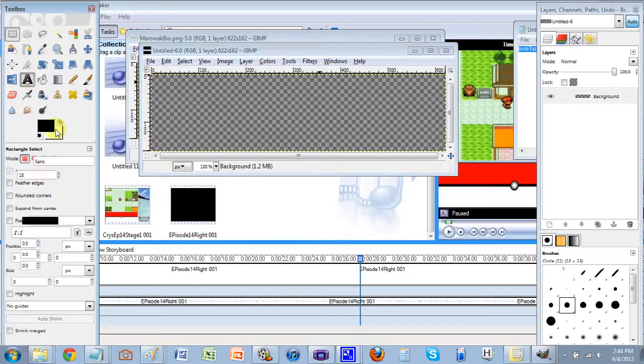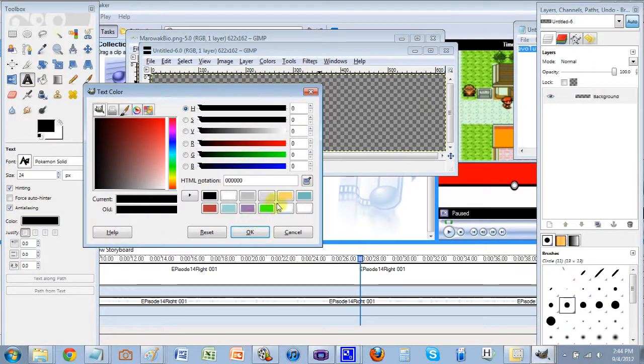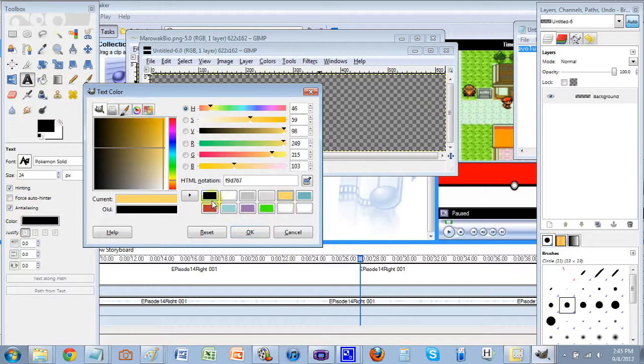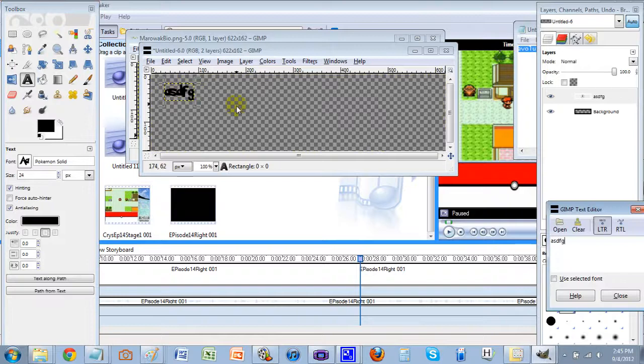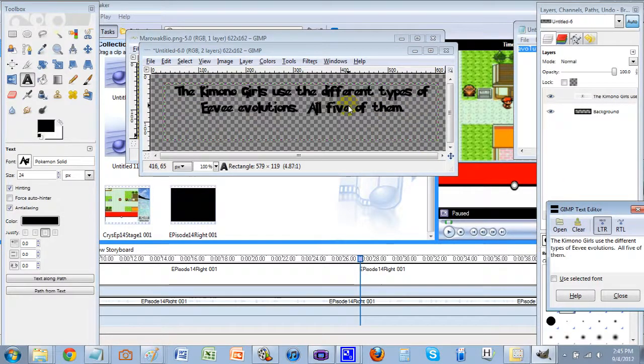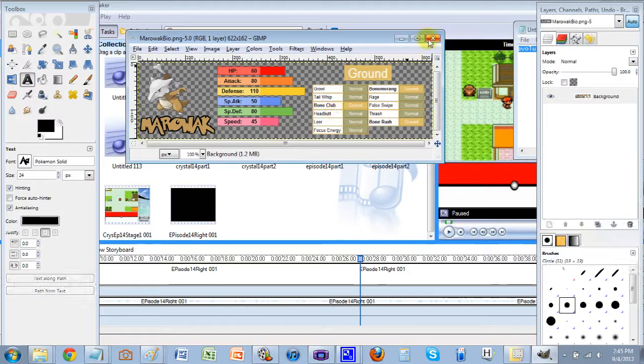And from here we're going to go to text. We're going to choose our font, which is Pokemon Solid, get it on the right size. The color, well, I have it all a certain color, but I can't find it, so we're just going to make it black for now. Then we're going to first enlarge the size of the text box because it screws up if you don't. Paste it in here, and there is our text, and we're going to save that file,